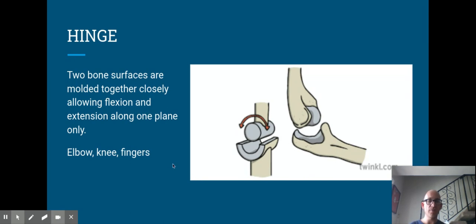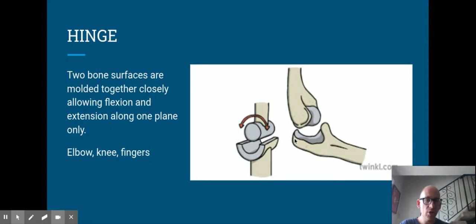Now, some of you might know people who have a larger range of motion around their elbow, or around their knee or in their fingers, and they might call themselves double jointed. It's not actually a double joint. There are two things that happen. One is that they have really flexible muscles to allow that range of motion, and they have a slightly different